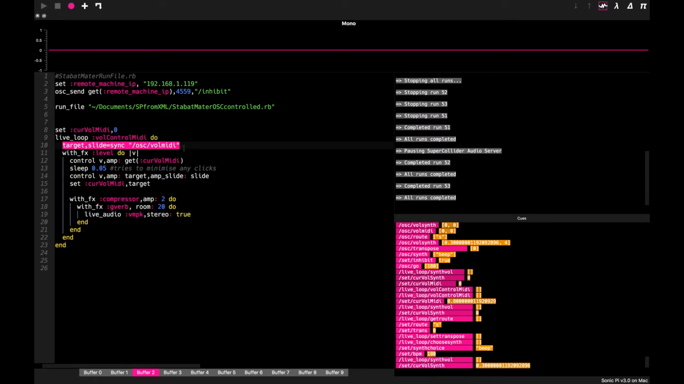And that's going to set up a target volume and a slide time to get there. And it's going to control the volume in here so that we can change it on the fly as the program is running. So what we're going to do is to start this running. You'll notice here a remote machine IP address. This will work